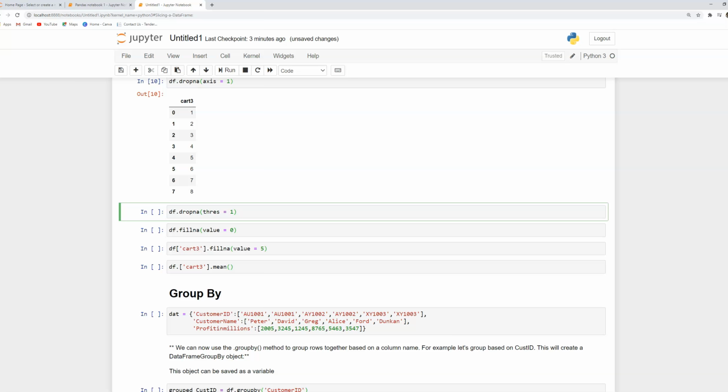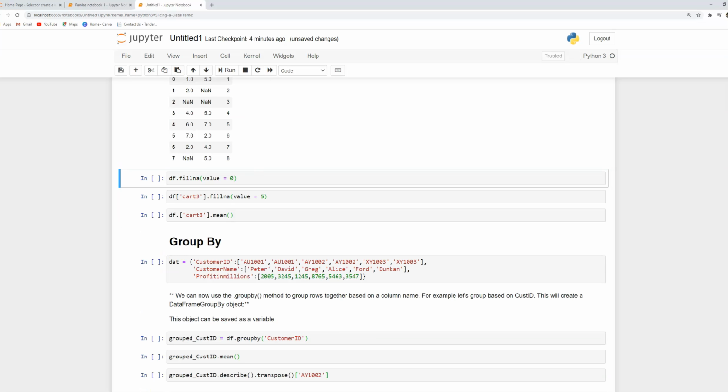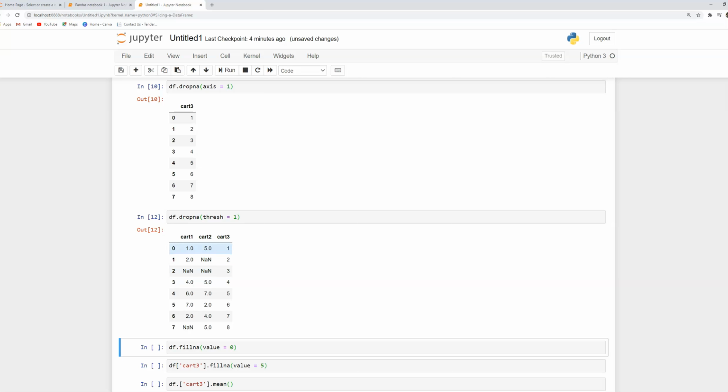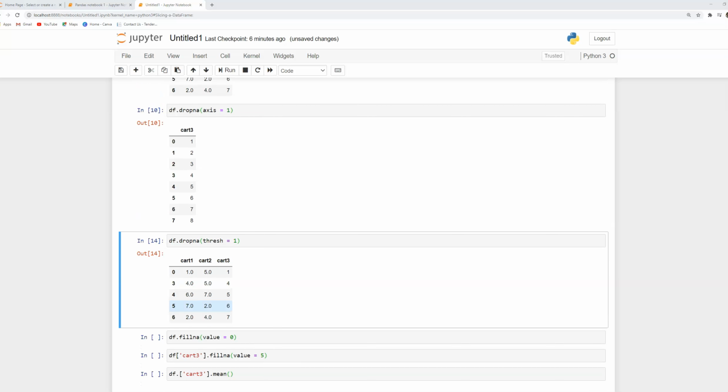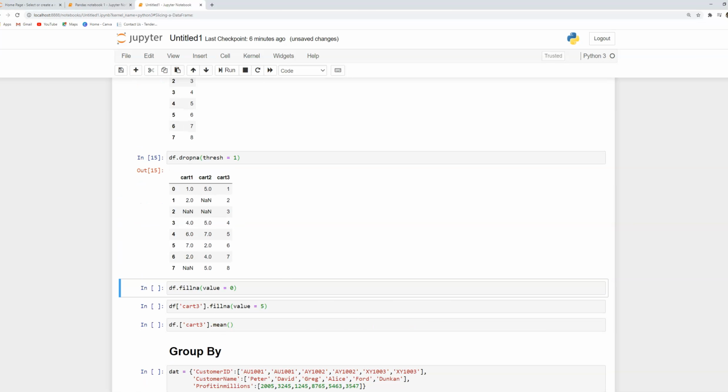Now if you want to specify a thresh, oops, I'm sorry, this should be thresh with an h. So there was a spelling mistake. And if I run this, in this case, thresh equal to 1. What does it say?